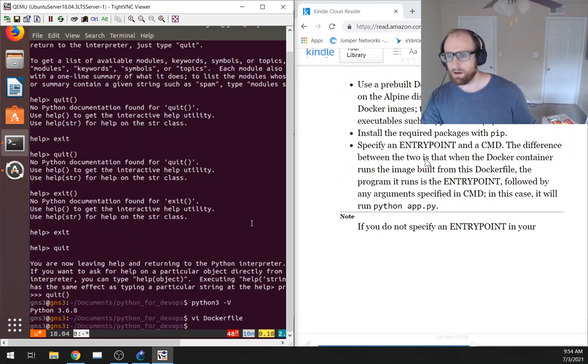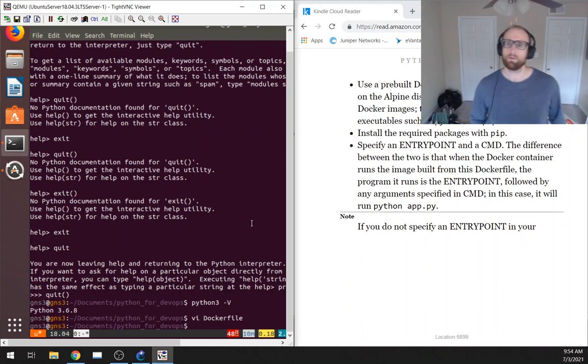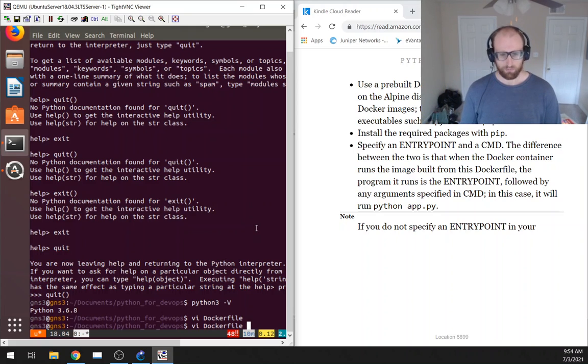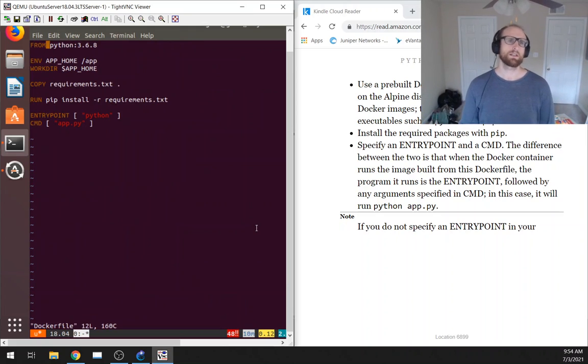A few notes about this Docker file. Use a pre-built Docker image for Python 3.7.3 based on the Alpine distribution that produces slimmer Docker images. This Docker image already contains executables such as Python and pip. Okay, so it looks like this first line really doesn't matter that much about what you used to develop your